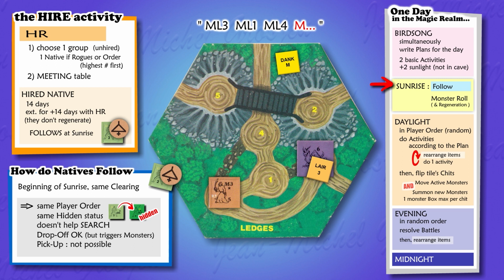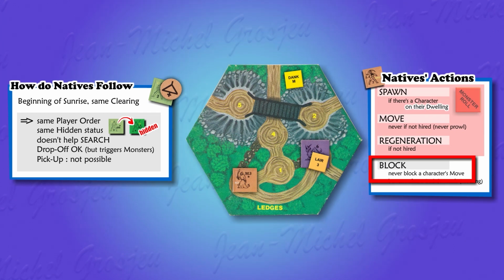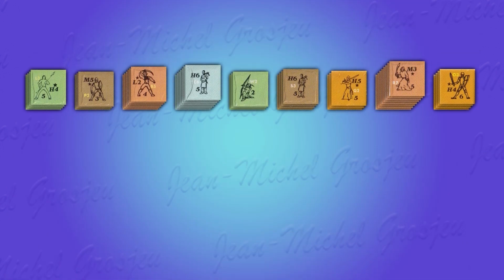Don't forget that native fighters cannot block, so it's useless to drop off your hirelings in clearings. They won't be able to block other players. They won't do anything. The best way to use these prized assistants is to keep them with you until there is a fight, when they become very useful. Okay, so we are all looking forward to seeing how they do in battle, but just before that,